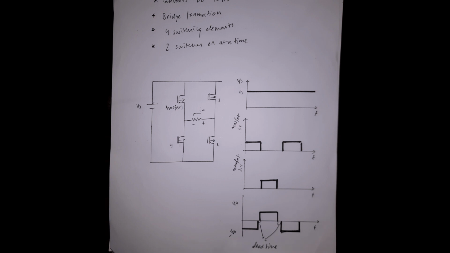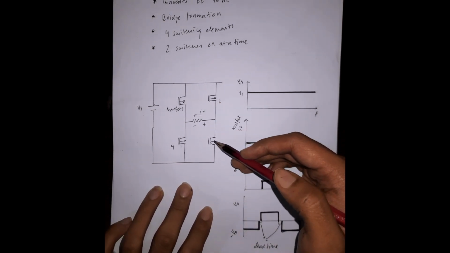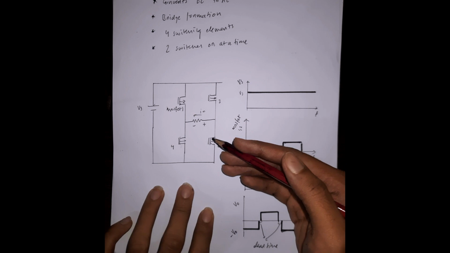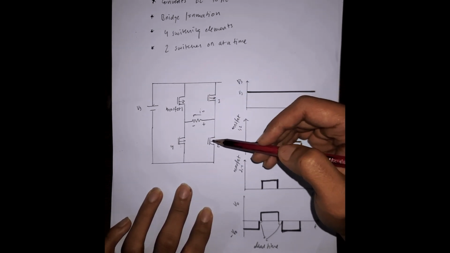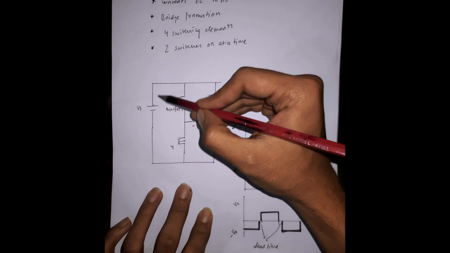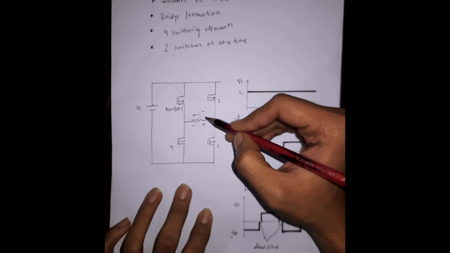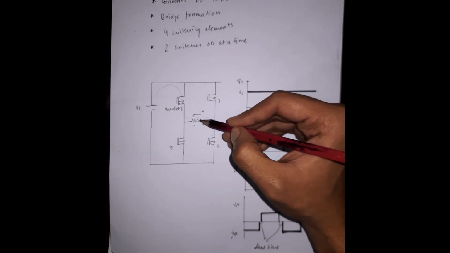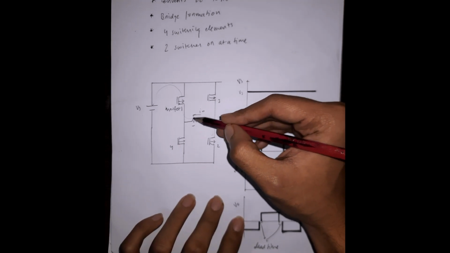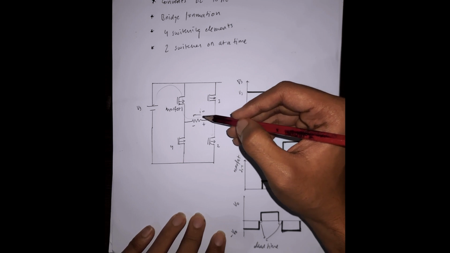Now let's look at the operating principle of the circuit with the help of waveforms. Initially, MOSFET 1 and 2 will be switched on, usually with a pulse generator. When 1 and 2 is switched on, MOSFET 1 and 2 is shorted. This allows current to flow in this direction. Now, the current direction is opposite to the conventional reference, as I mentioned before. That's why the voltage drop across the resistive load won't be V0, but rather minus V0, as you can see